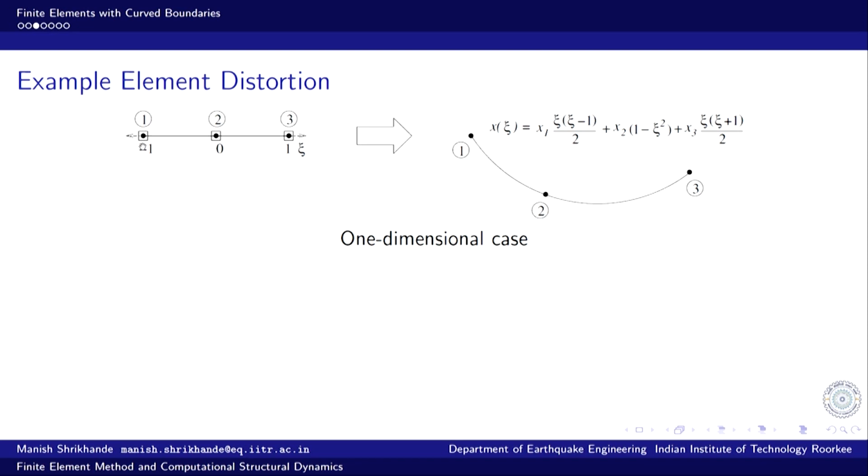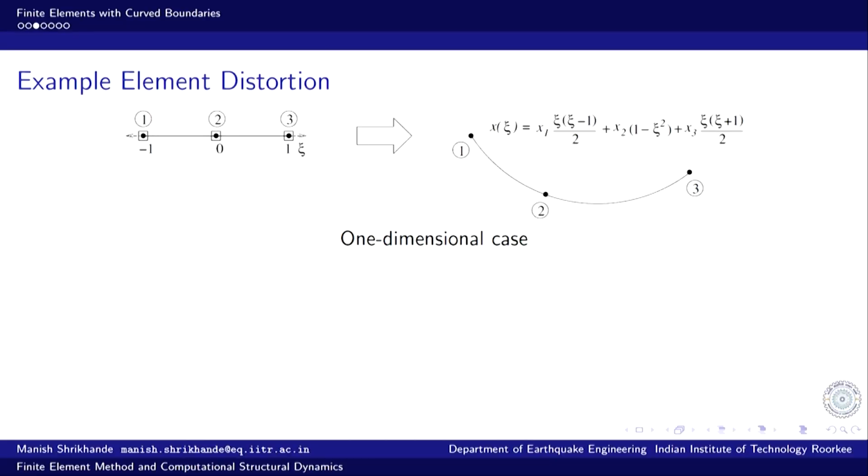Node 1 is placed at xi equal to -1, node 3 is placed at xi equal to +1, and node 2 is the midpoint, at xi equal to 0. Now, if I have to define a second degree curved line, I can very easily define this